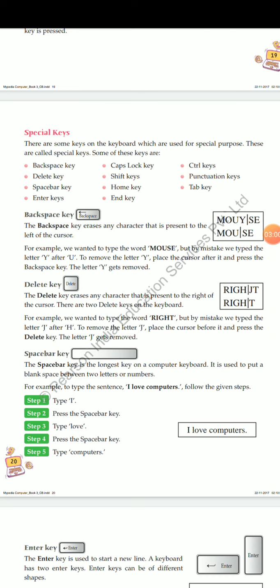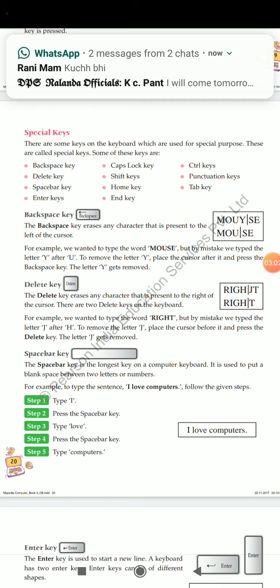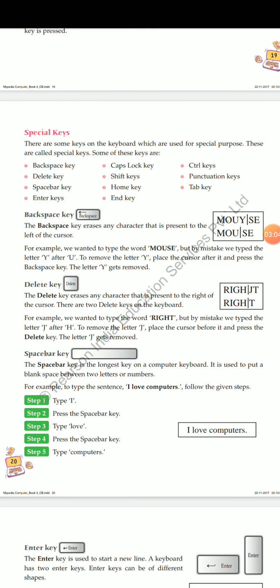Like if we want to type a sentence like I love computers, first we type I, then press the space bar key, then type love, then press the space bar key, then type computers. It means the space bar key is used to put a blank space between two letters, words or numbers.